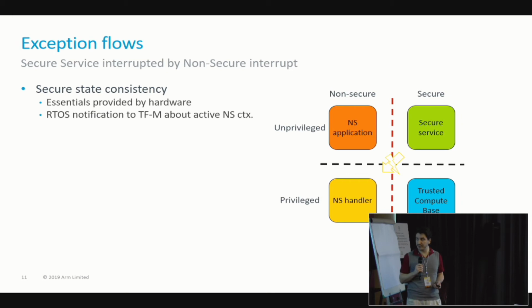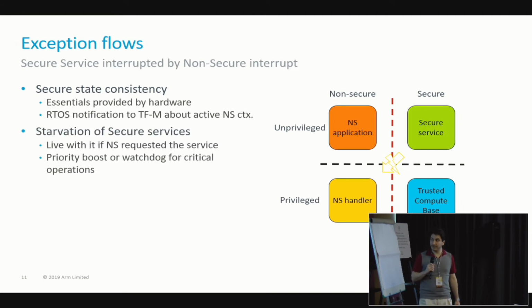As I previously mentioned, we have a proposed way of doing that, but it definitely has to be handled correctly. The other big issue in this scenario is the starvation of secure services, and here the first